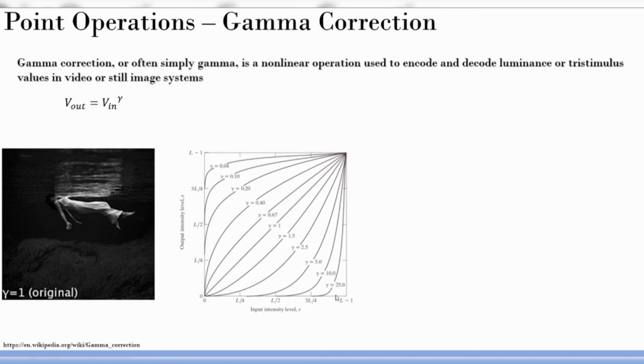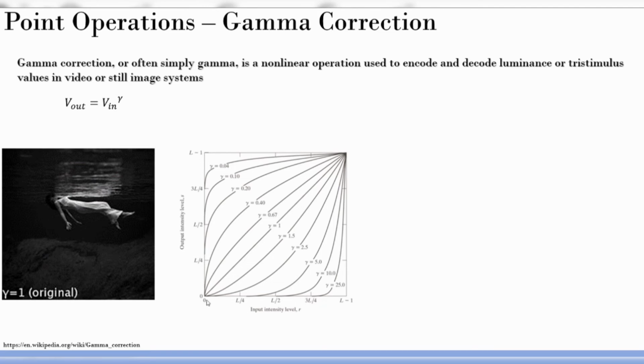So if gamma is 25, the relation between output and input is something like this. You see here. And if gamma is 0.04, it is the opposite, and if gamma is 1, nothing will happen. That is our ReLU, rectified linear unit, if you remember. Nothing will happen, input is mapped as it is to the output. But if gamma is 25, let's see what is going to happen.